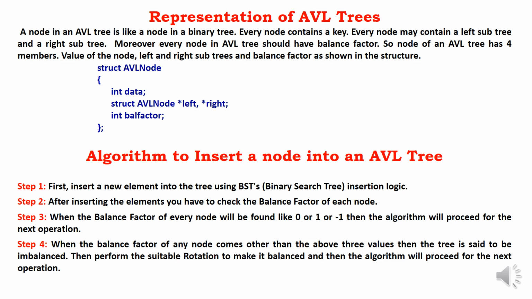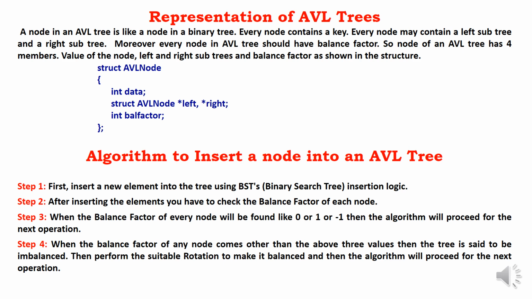After inserting the elements, you have to check the balance factors of all the nodes. Step 3. When the balance factor of every node is found to be 0, 1 or minus 1, then the algorithm will proceed for the next operation. Step 4. When the balance factor of any node comes out as something other than the above three values, then the tree is said to be imbalanced. Then perform suitable rotations to make it balanced, and then the algorithm will proceed for the